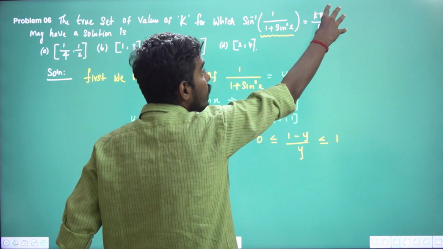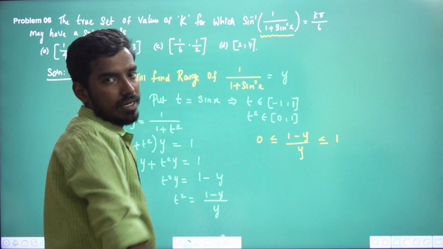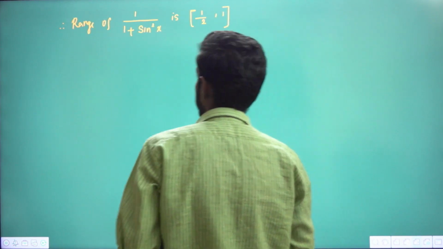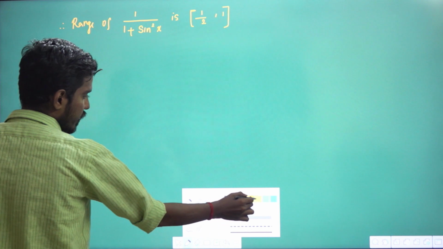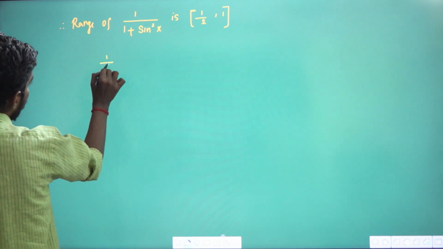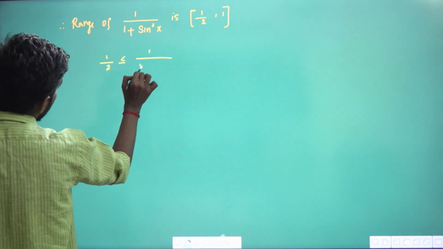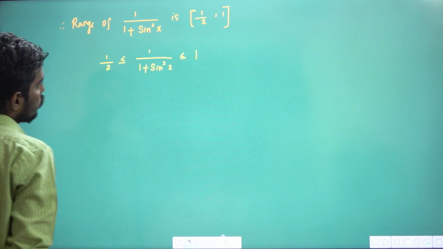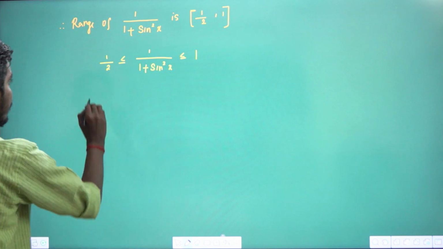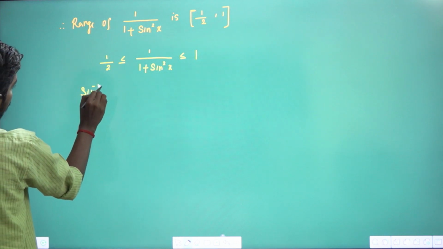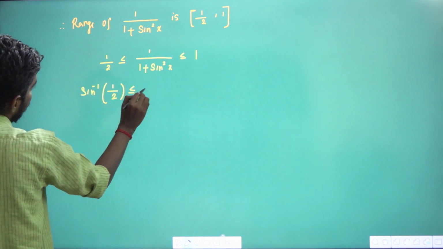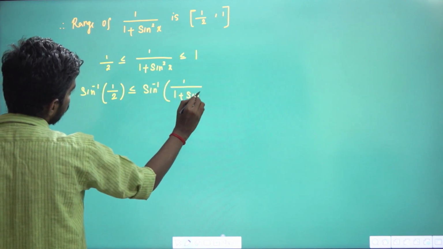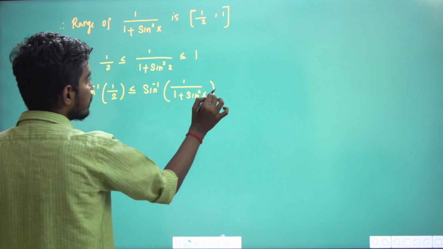That has to be equal to k pi by 6. So they are asking what is the value of k. Therefore, 1/2 is always less than or equal to 1 divided by 1 plus sin square x, which is always less than or equal to 1. Now we apply sin inverse. So sin inverse of 1/2 is less than or equal to sin inverse of 1 divided by 1 plus sin square x, which is less than or equal to